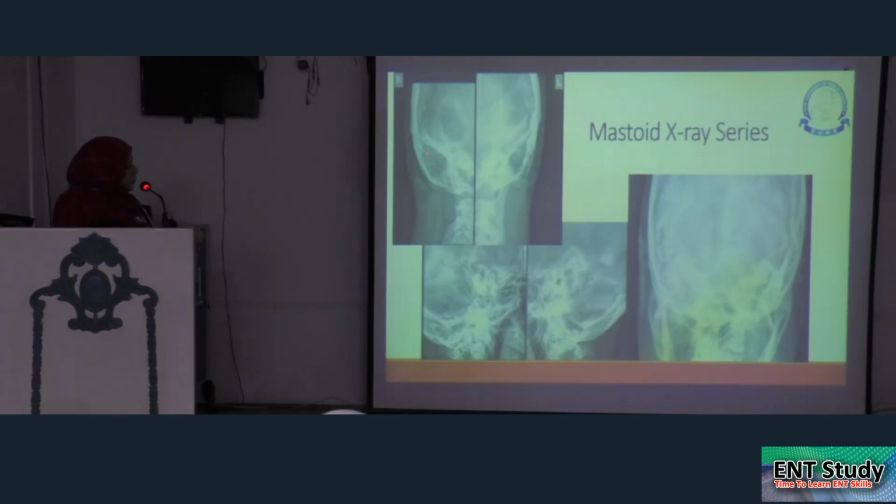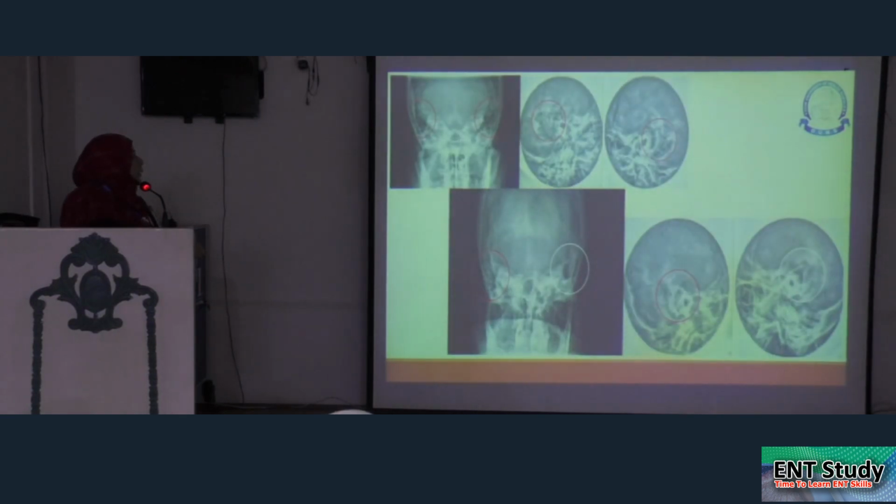They show normal mastoid air cells with a honeycombing appearance, which is normal. These are normal X-rays with clear mastoid air cells with a honeycombing appearance. But in this case, there is a slight haziness in the right mastoid air cells, which is due to acute mastoiditis. And on the left side, there is a